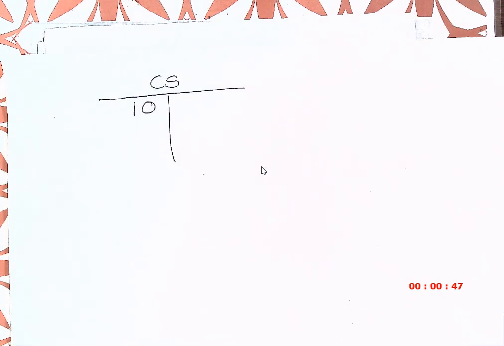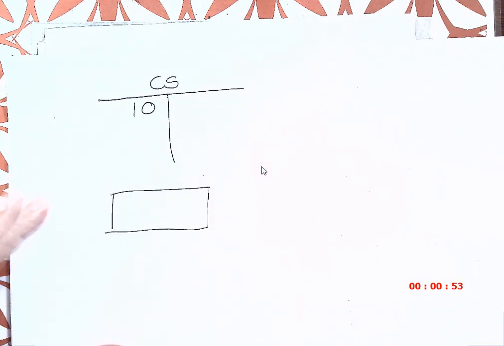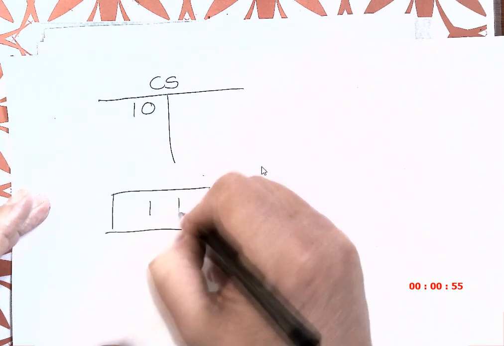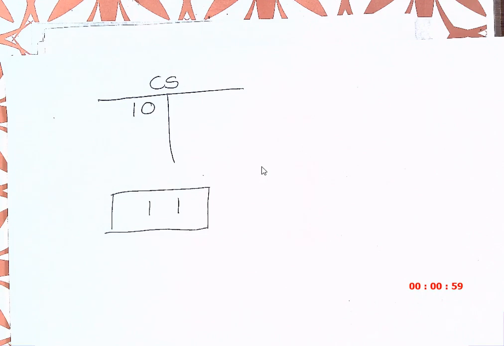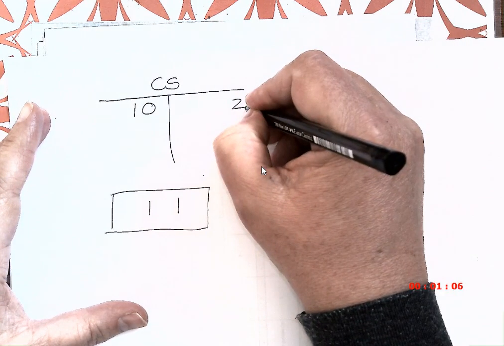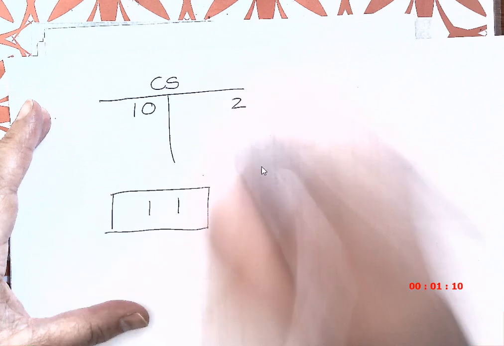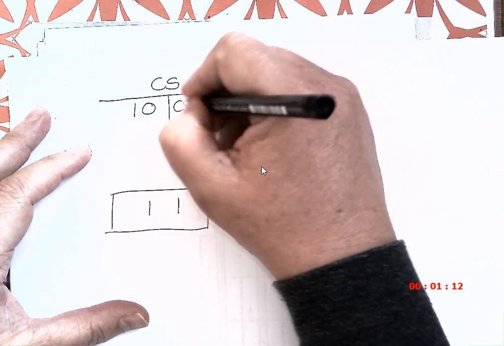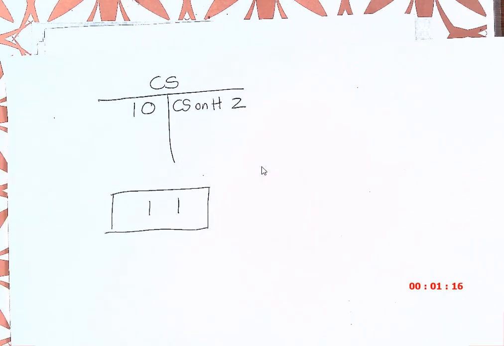The end of the year when I go to the storage and I count, I see, oh, there are 2 bottles left. Right? Now, that 2 bottles that is left, this is my stock on hand, I call it consumable stores on hand, which means